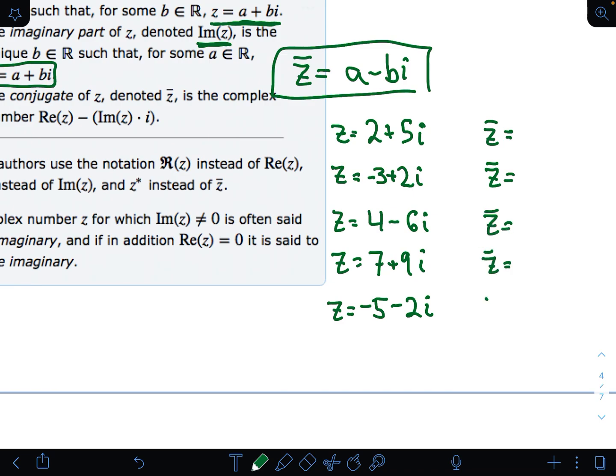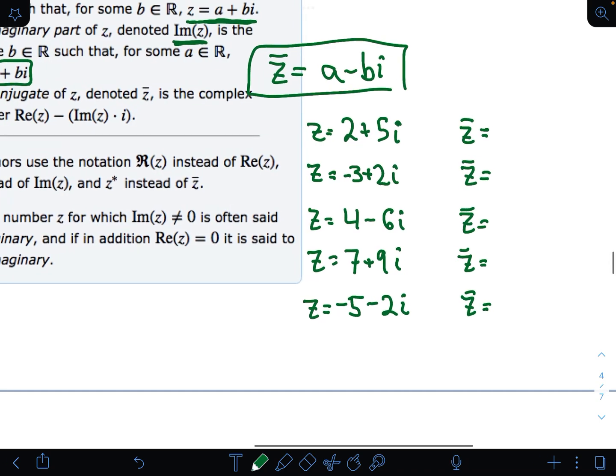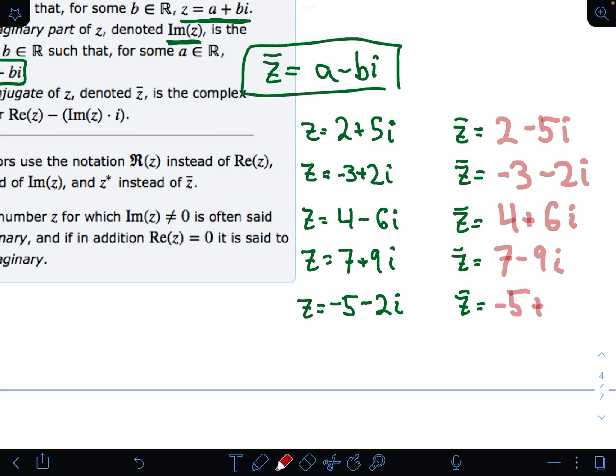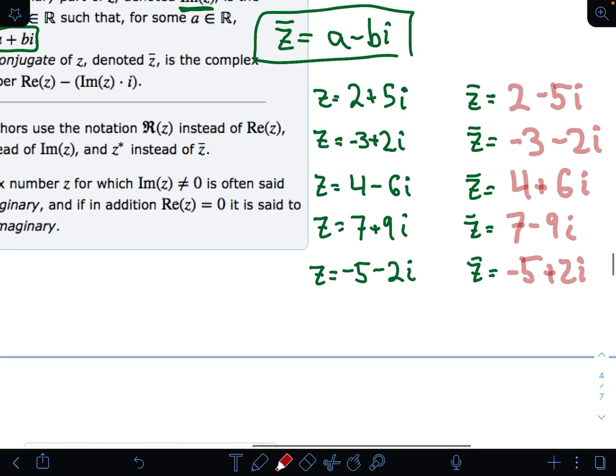So I think you would probably, hopefully, come up with 2 minus 5i, -3 minus 2i, 4 plus 6i, hopefully you said. How about 7 minus 9i? And -5 plus 2i, like so. All right,